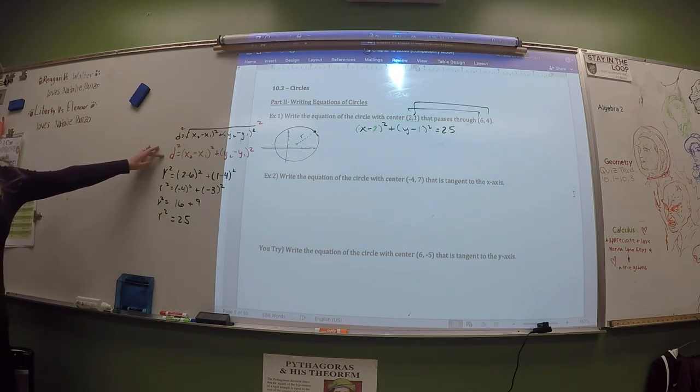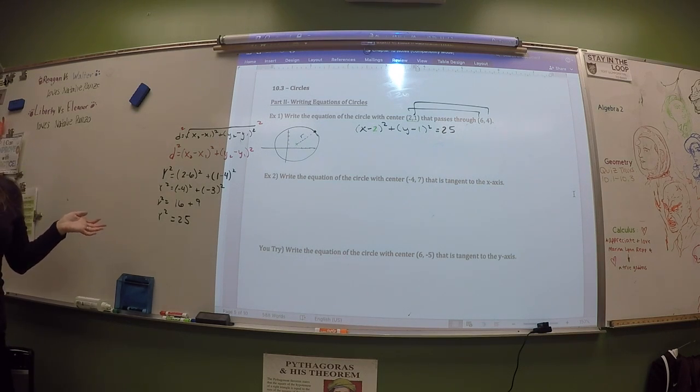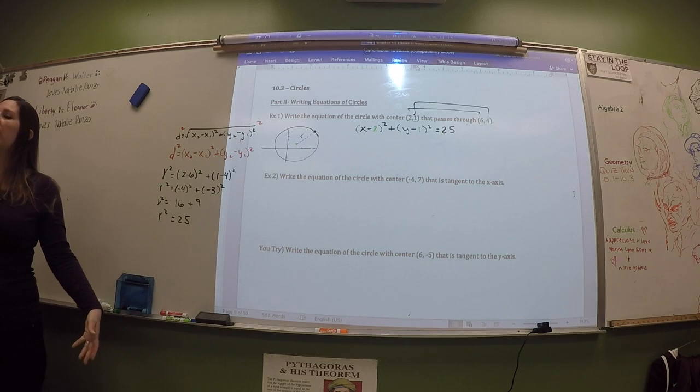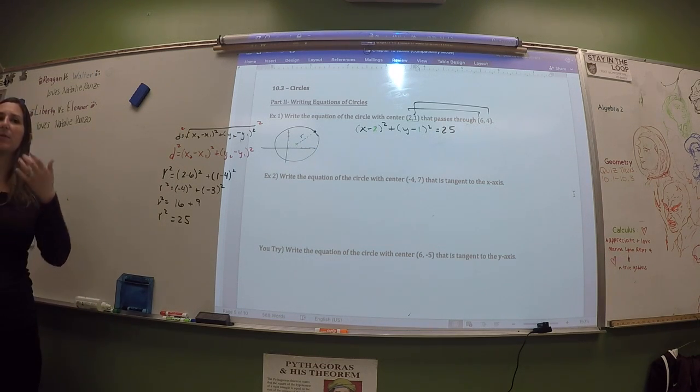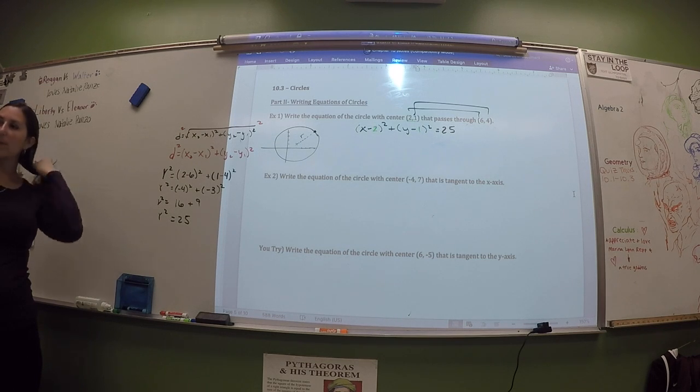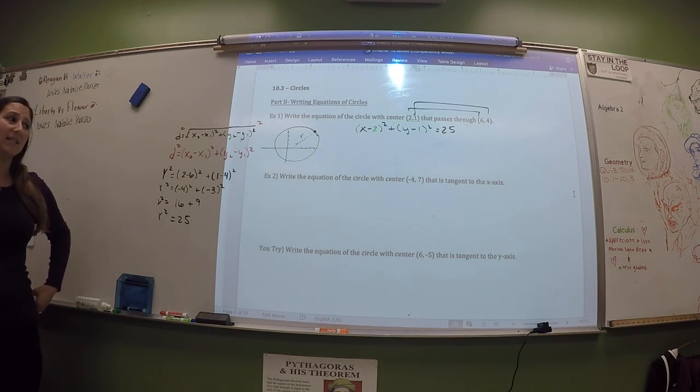You don't have to do this. You can just use the distance formula, but then you're going to wind up getting that r is 5, and then you plug it back in, and you're going to have to square it. So it's like you're undoing something that you're going to have to redo, which is silly. Might as well just skip that part. So that's how you would find the radius in any situation where it tells you that it passes through a